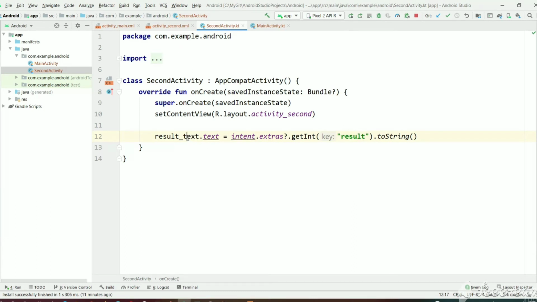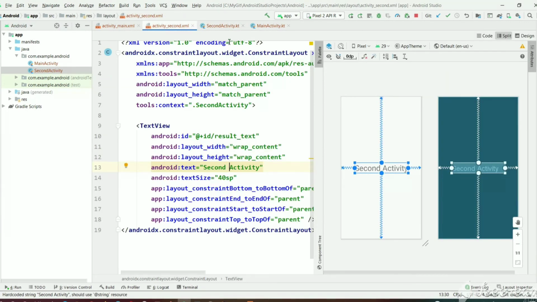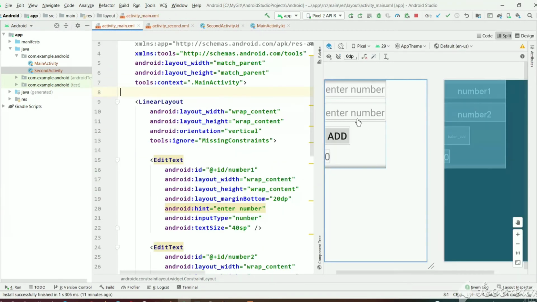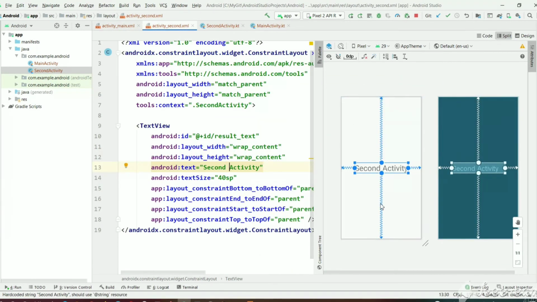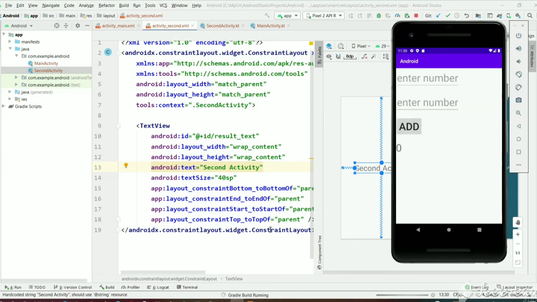Now let's run this app. After running this app, we will see this screen, and after entering two numbers, on click of add, the result will be seen on this activity screen instead of second activity. Let's run this app. Gradle build is running.